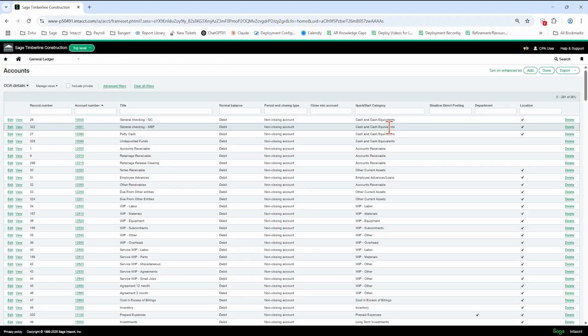As a best practice before you go live, you do not want to turn on too many requirements. So I've got some requirements turned on for location and department and my disallowed direct posting. So before you go live, you may not want to turn on the department or the control account. So disallow direct posting is similar to a control account setting. Location you might have on because you do want to have a